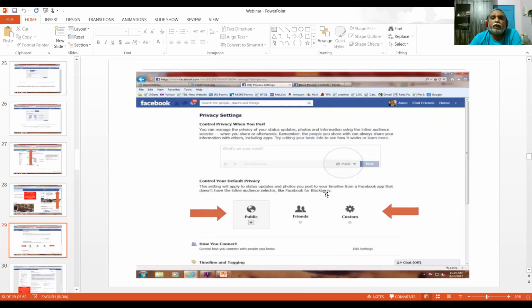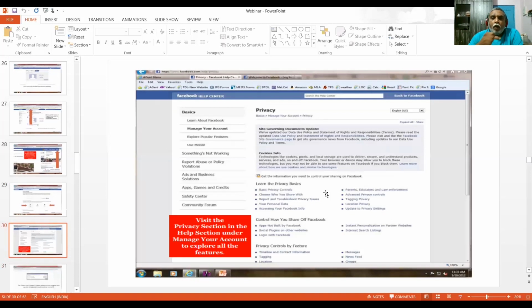If you select friends, you add friends, then only your friends can see your post. If you select public, then all persons can see your posts, photos, and galleries, everything.